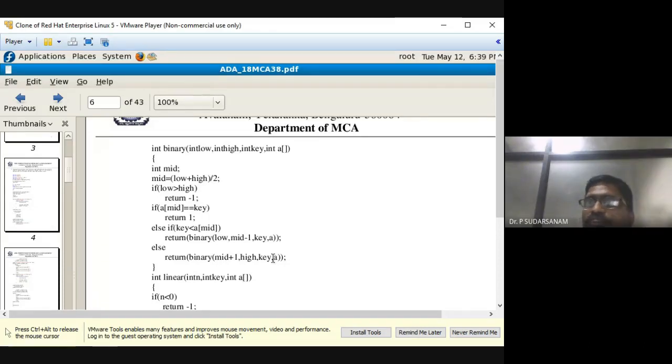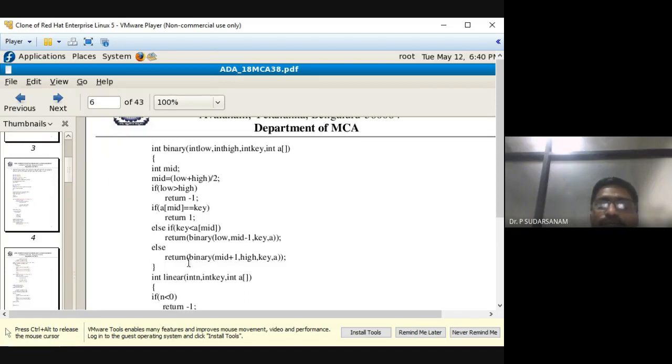If the key value at that position matches, return it to the main program. Otherwise, if the key is less than a of mid, you take low to mid minus 1, meaning the elements before the calculated mid, and do the same process again.